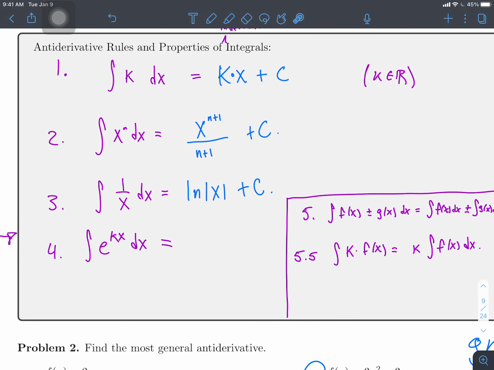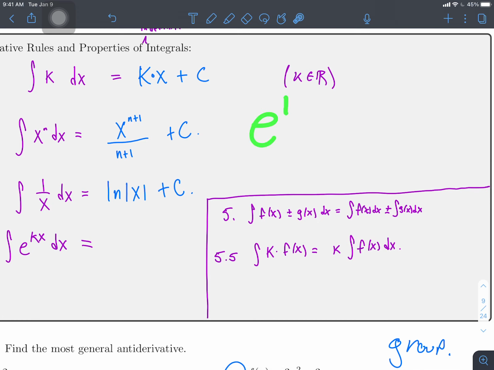All right, now how do I reverse an e to the kx derivative? What's the rule for doing the derivative of e to the kx? What do I do? Yeah, you take k times e to the kx, right? So basically I just leave it as it is and multiply by k, right? So what's the reverse of that process going to be? Yeah, leave it as it is and divide by k, right? So a function whose derivative is e to the kx would be something like e to the kx over k,